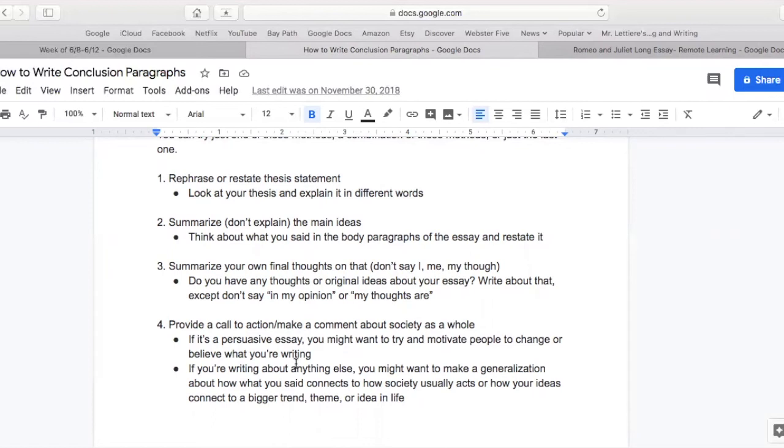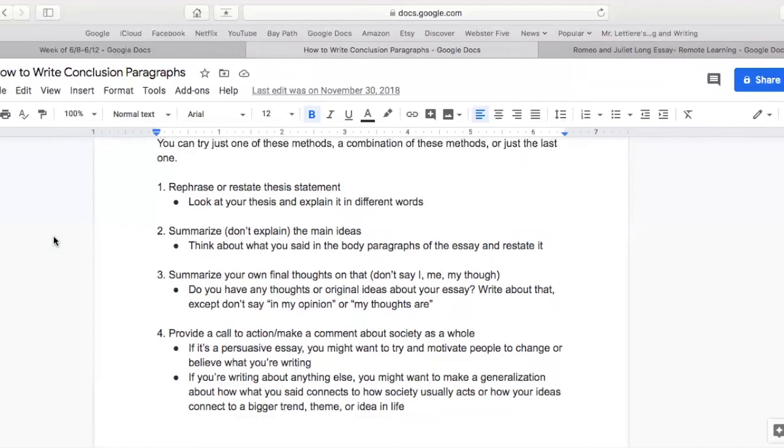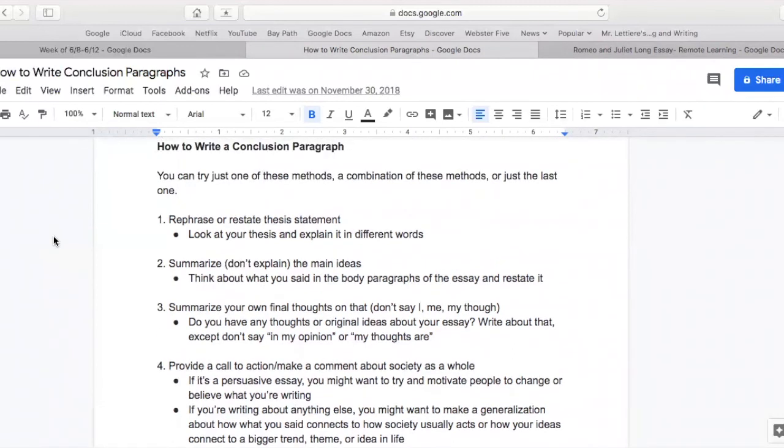That's why we read literature, because we can see, oh wow, Odysseus being prideful, that still happens today. The effects of that still happen today. So there's a lot that you can write, and I hope that you don't feel limited in your conclusion to just boringly reiterating what you've already written, right? So you have a lot of options, and hopefully you have a good grasp of what you can write for a conclusion paragraph.